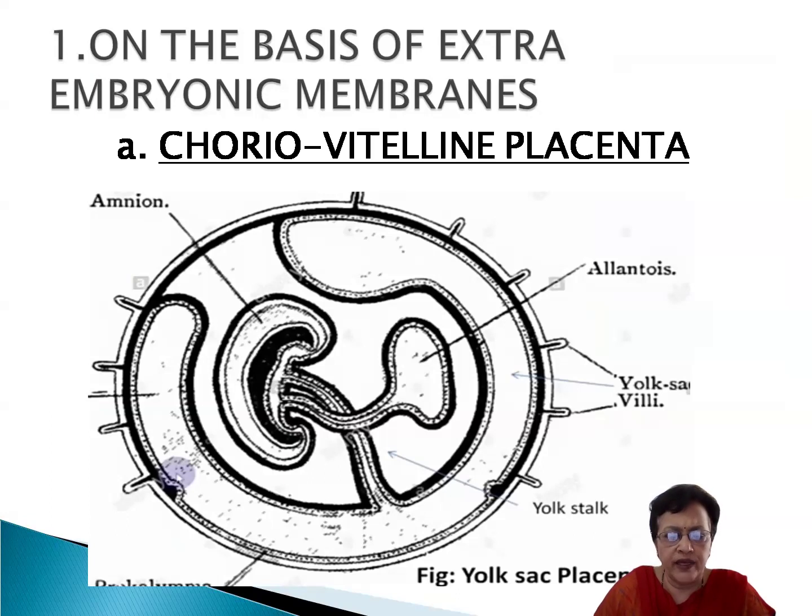Such kind of placenta is called choriovitelline placenta, and it is present in all the metatherian mammals, that is the kangaroo, or those who have marsupium,